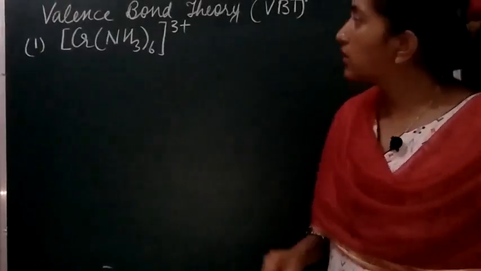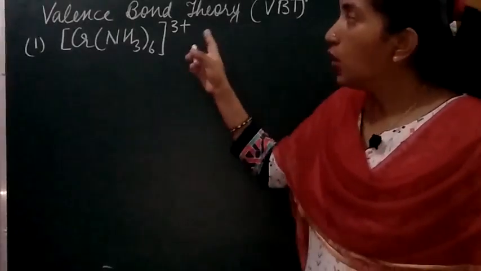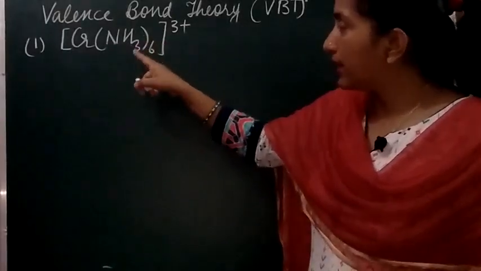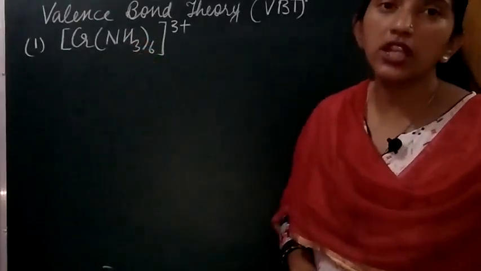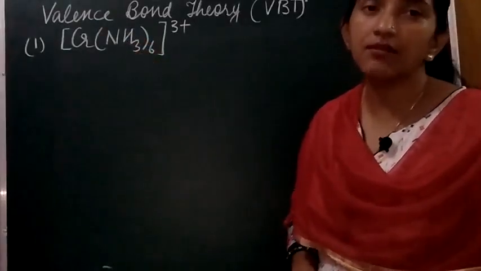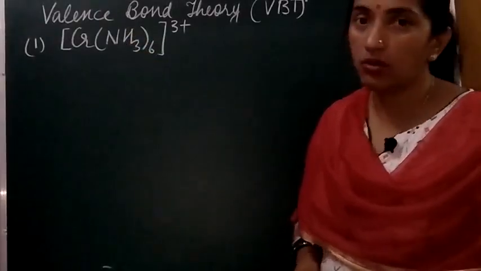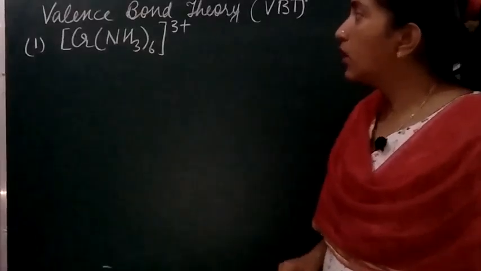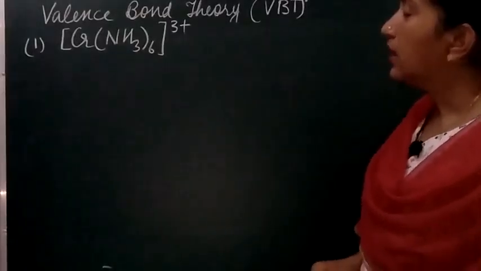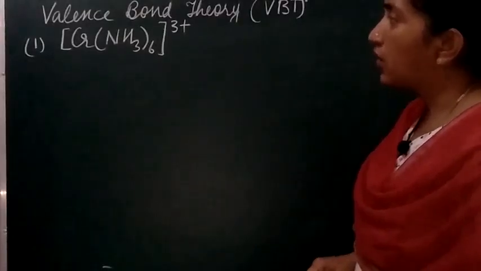Cationic because the complex is bearing a positive charge. Homoleptic why? Because it is having the same type of ligand. The coordination number here is 6 and the central metal atom or ion is chromium here. So now when we apply the VBT here, first of all we will write down the outermost electronic configuration